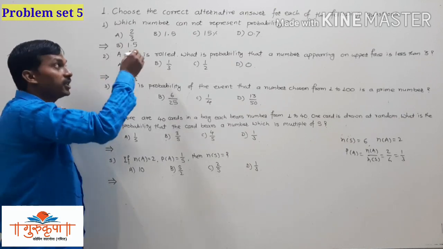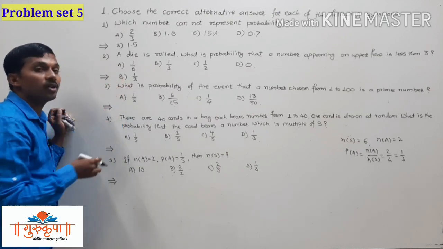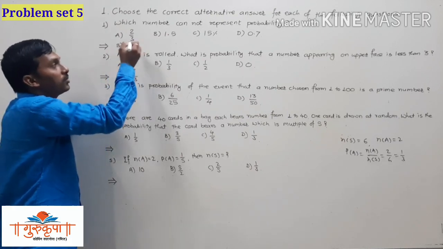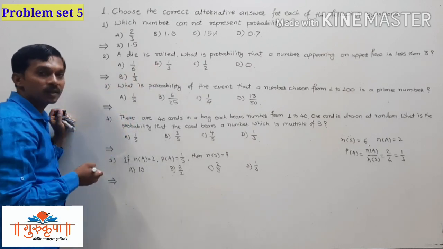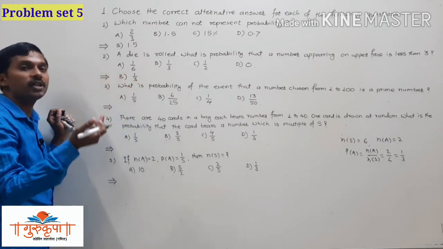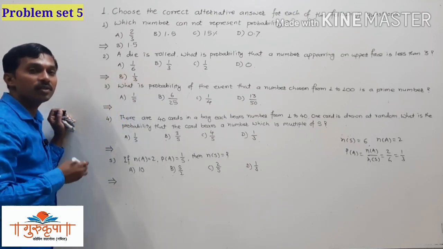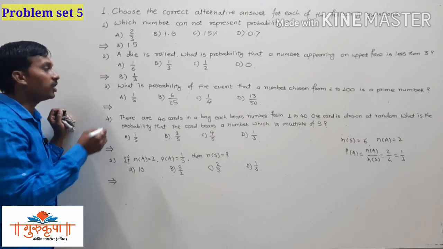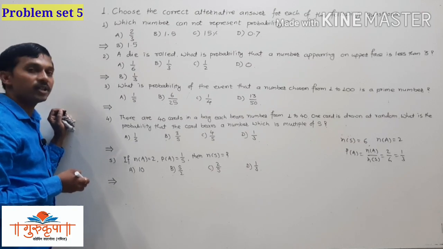While writing the answer to a multiple choice question, it is very important to write the option name. Here the option name is B, answer is 1.5. Here the option name is B and the answer is 1 upon 3. If you do not write the answer and only write the option name, then you will get the marks. But if you write the answer and do not write the option name, then you will not get the marks for that answer. That is a very important thing. Anyhow, the name of the option should be written there.